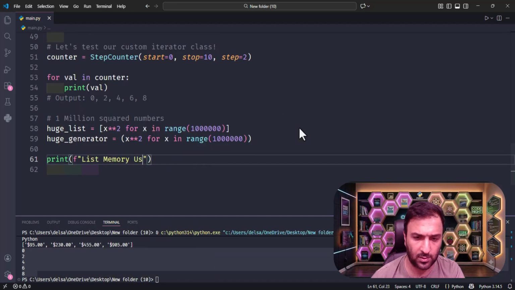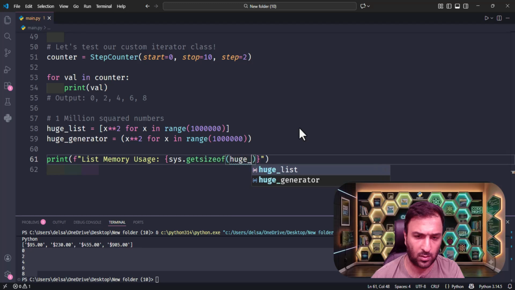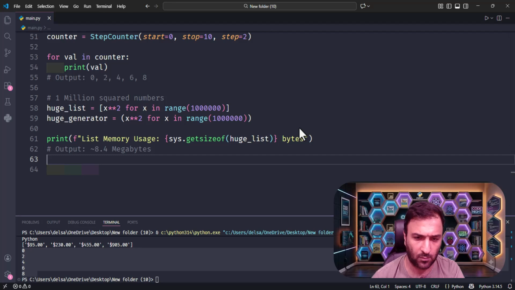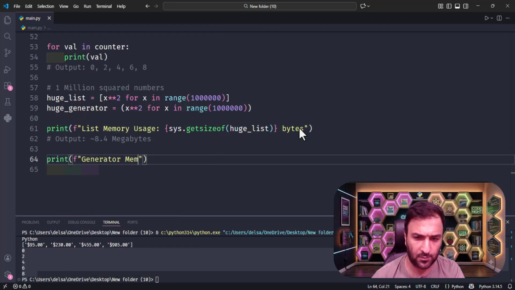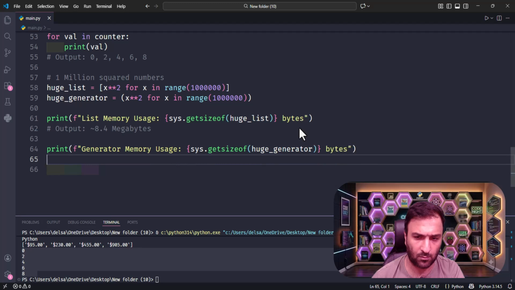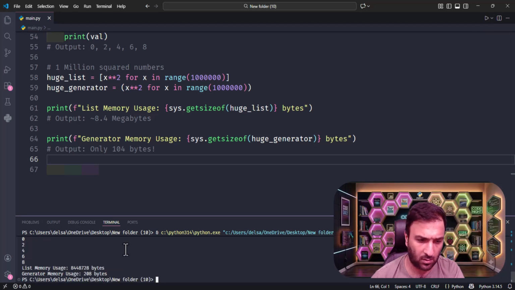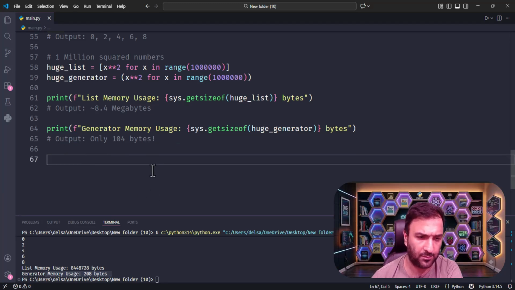And print the output like this, and print the output like this, run like this, and like this. Okay, as you can see,